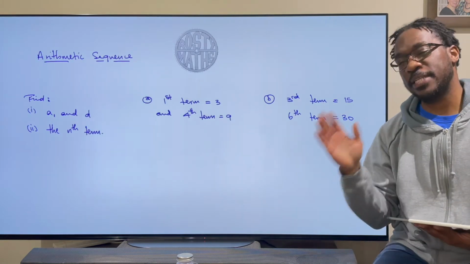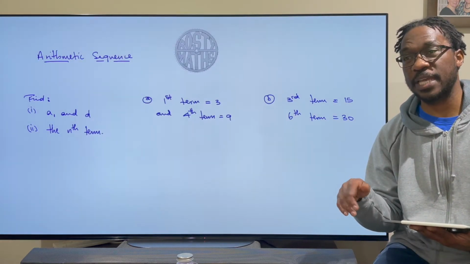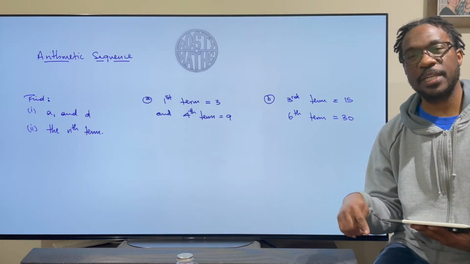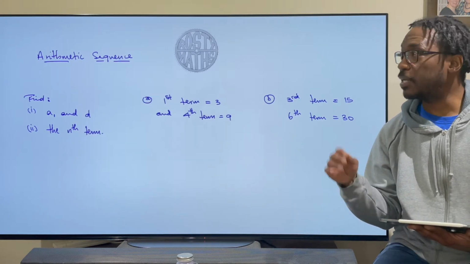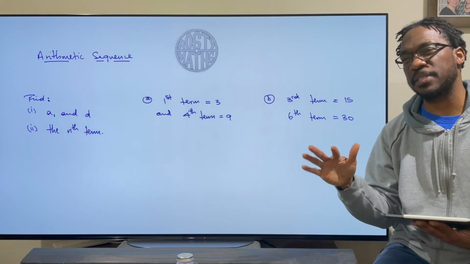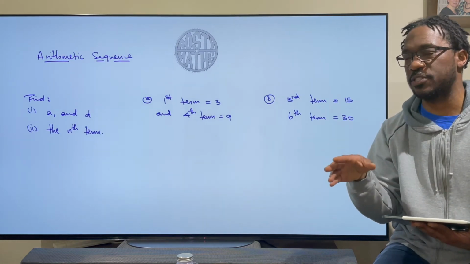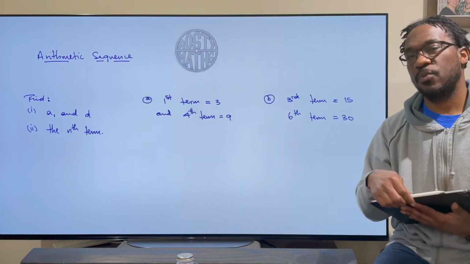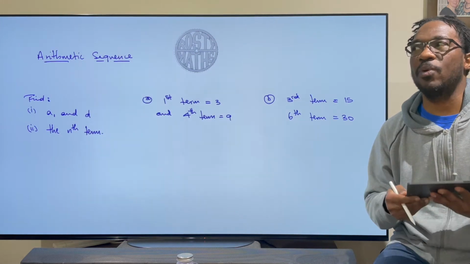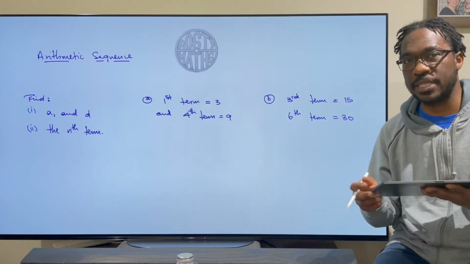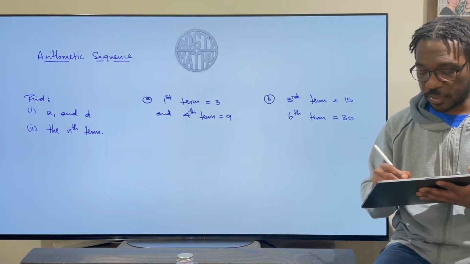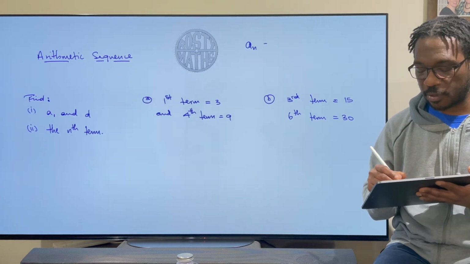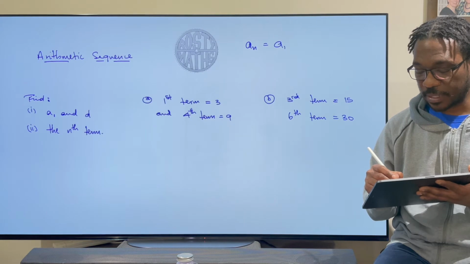Now we have already talked about this type of sequence in my last video. I've left a link in the description, so go check it out at the end of the video. And also we've done some arithmetic sequences but in a different guise before. Today we're actually going to be looking at it in a way that you might see in the top end of GCSE or IGCSE. And for that one, when we go to find the nth term of arithmetic sequences, it